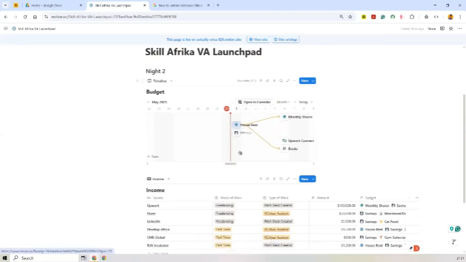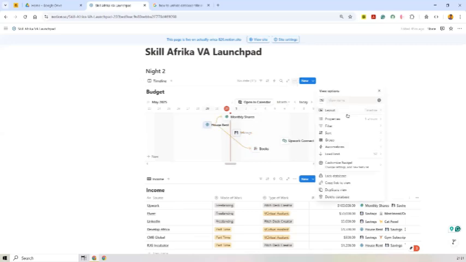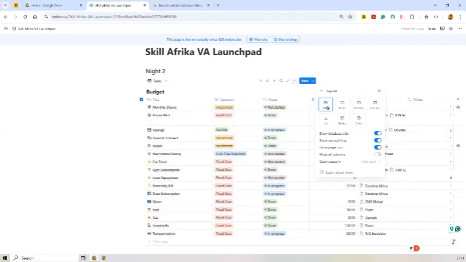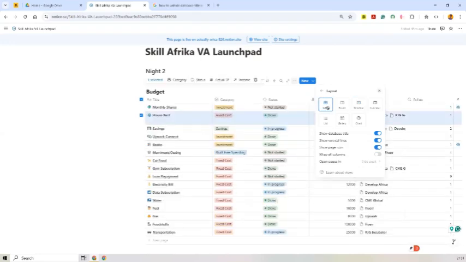Are you understanding it like that? So let me return it back to where it was before. So now we return the view back to table view. So that is basically what dependency does. As you can see here,